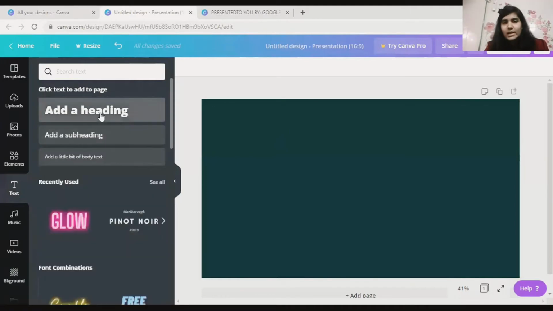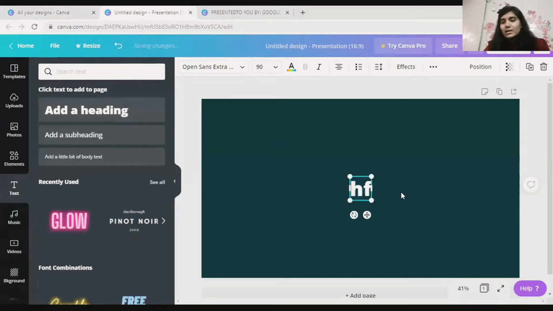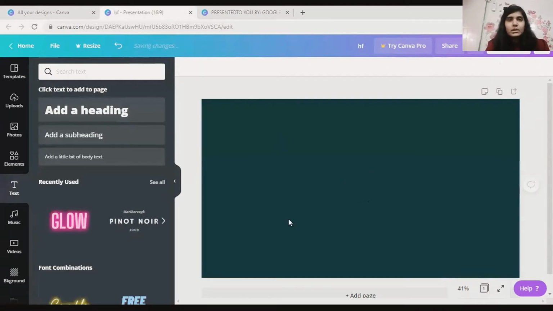If you want to add a heading, click on add a heading and type whatever you want to type. But I do not want to do that, so I'll click on this to delete it. Okay, I'm just going to pick it up from different slides. You can change the name of your PPT from here.